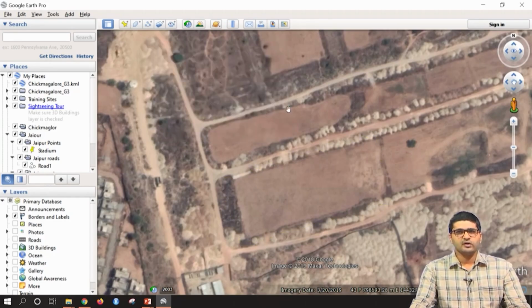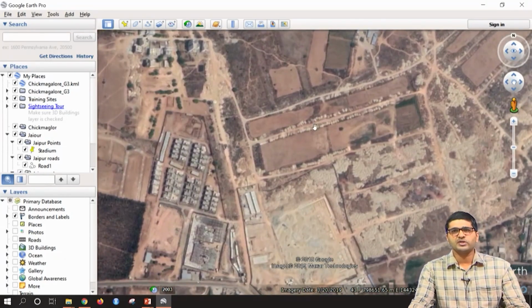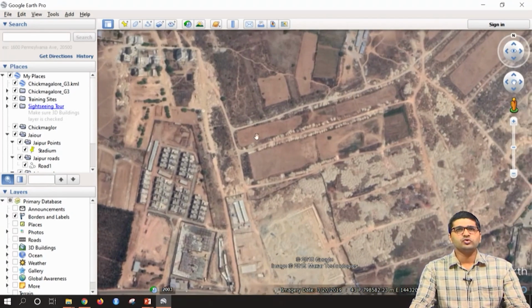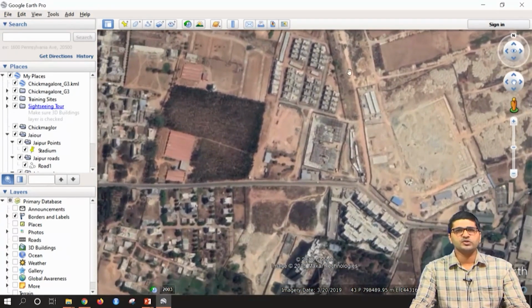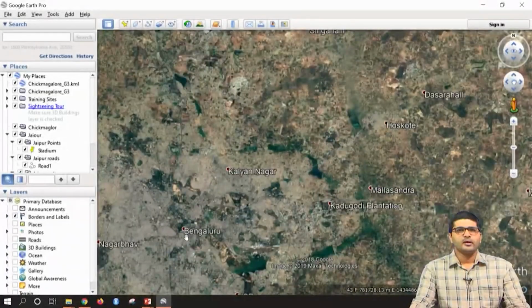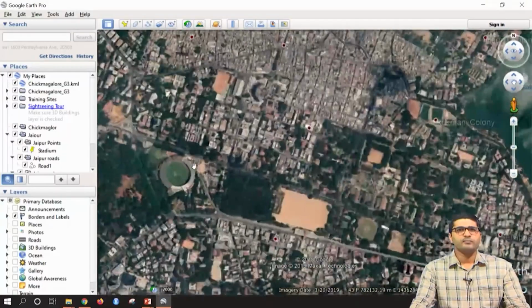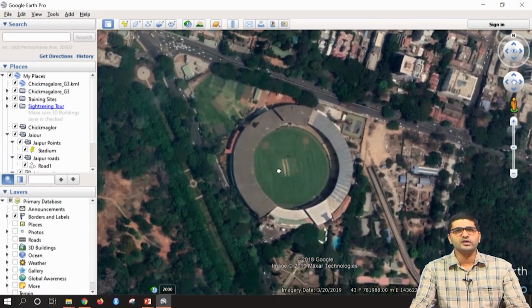So this is how you can effectively use Google Earth imagery or Google Earth tools to measure length and areas, and also to view the timelines of the imagery. Not only that, if you want to create some polygons and bring it into QGIS, that is also possible. Suppose, for example, I want to create the Bangalore stadium as a polygon and bring it into QGIS, that is also possible. For that, I need to go to my